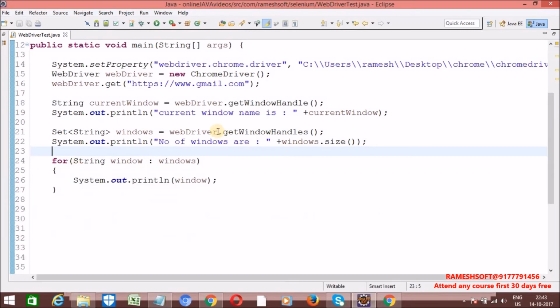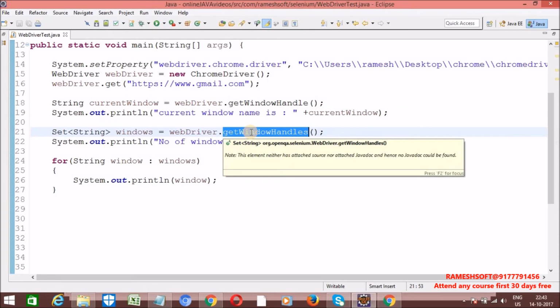We'll talk more elaborately about this, and the very common question is what is the difference between findElements and getWindowHandles, right? So findElements is a method which is present in the WebElement interface as well as the WebDriver interface. Whenever we call the findElements method, based on some locator mechanism, it identifies all the elements and returns all the elements in the form of a list. So list is what? An interface. It doesn't mean the findElements method won't return a list object. It returns an internal implementation class of